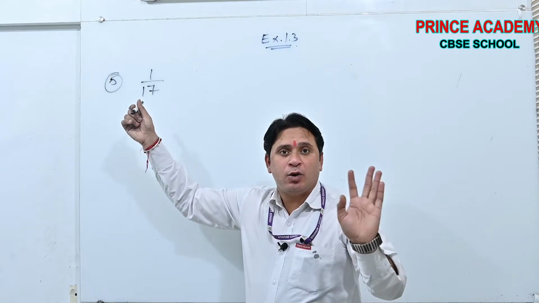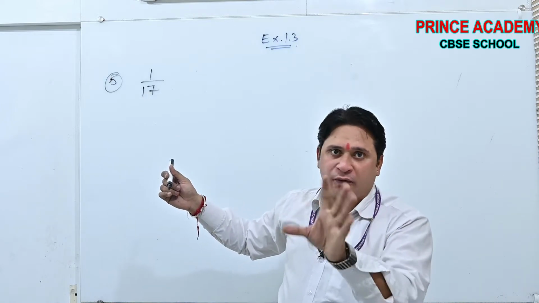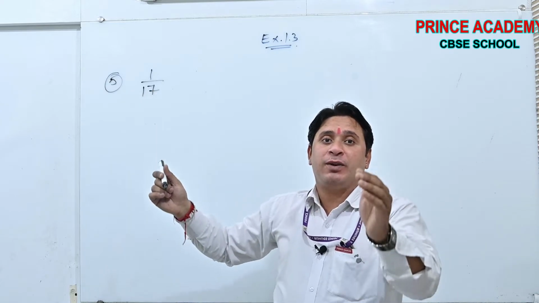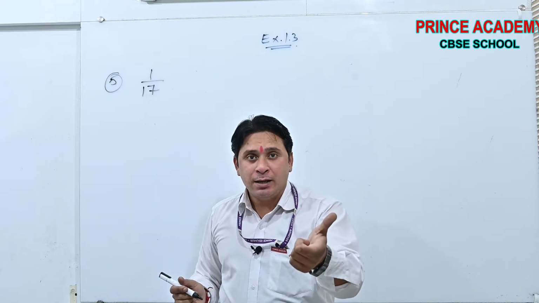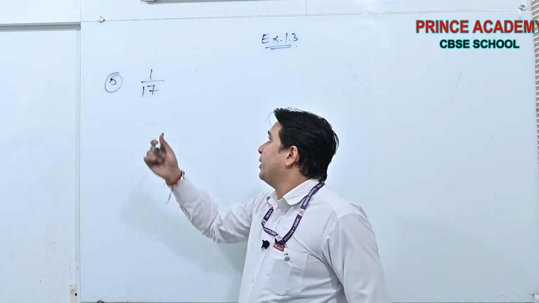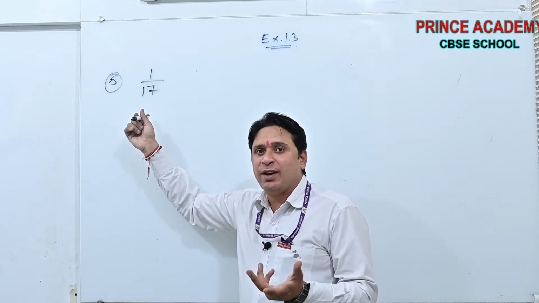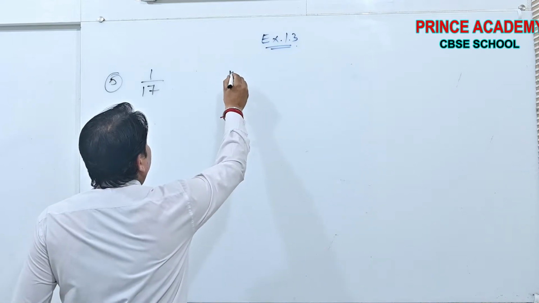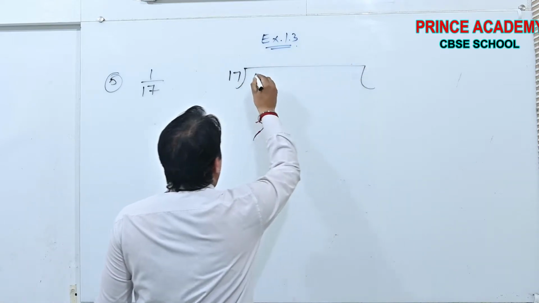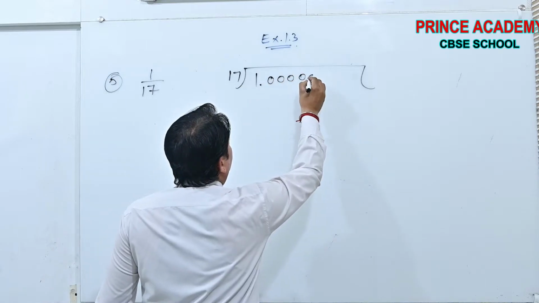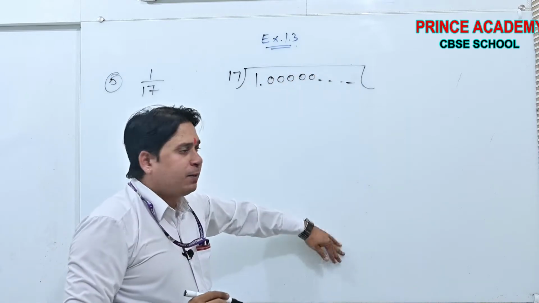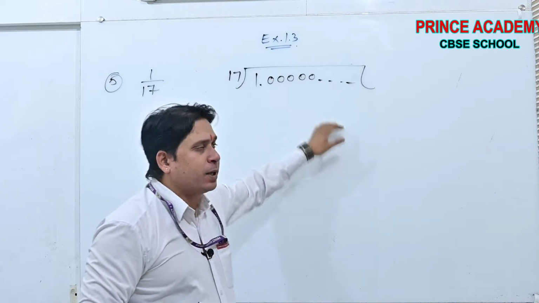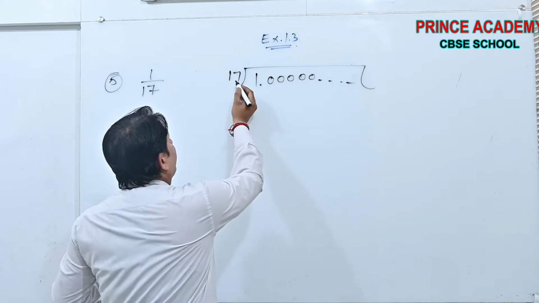Divided by 17, note the product of 2 or 5. What does it mean? Definitely the decimal expansion will give us a repeating output. Okay. Now, what is the output? We can find it by dividing by 17. Start: 17 divides 1. I am writing 1.000000 here so that you can understand whatever zeros I am taking from here. Okay, now see, start dividing.